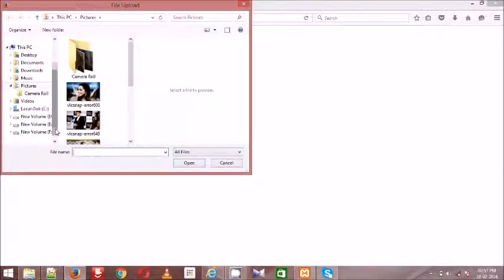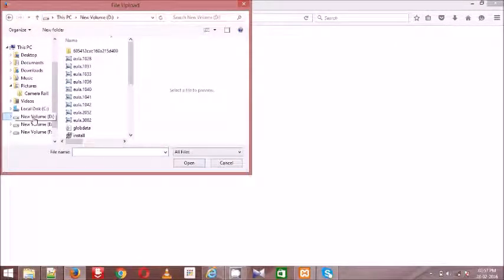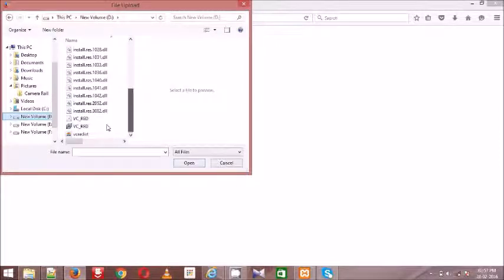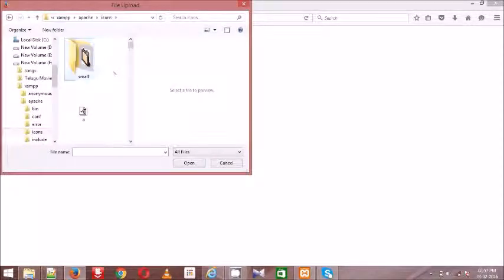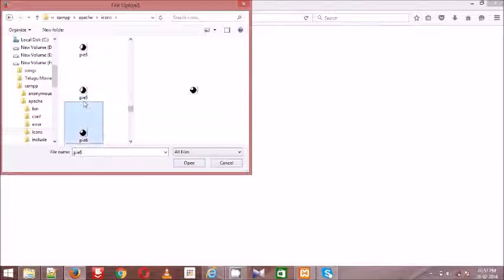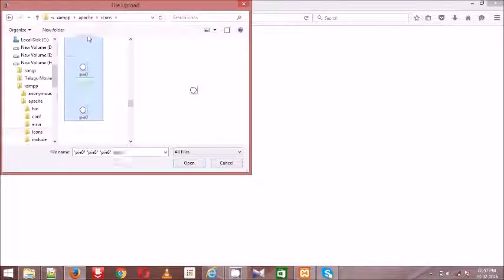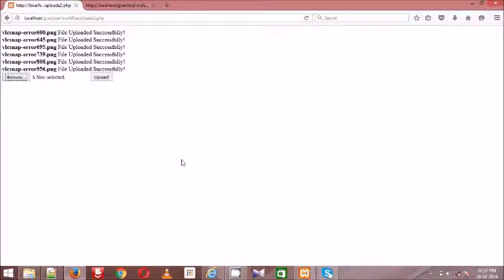So now I selected a normal one, Apache, and I am going to some icons here. So I select some images. All the images are, now click on this. Again I selected 6 files. So look at this, how many files are failed. So I think all the files failed to upload.